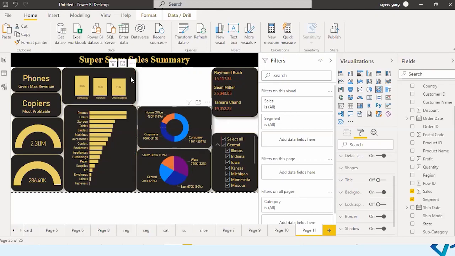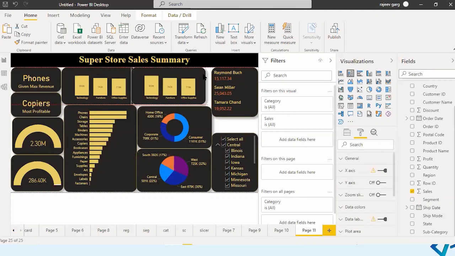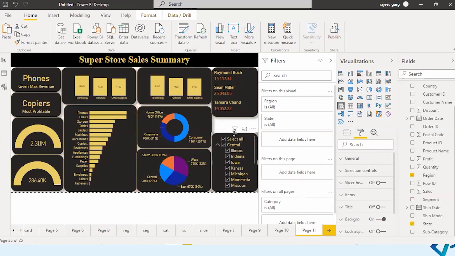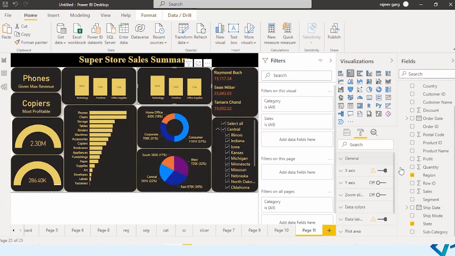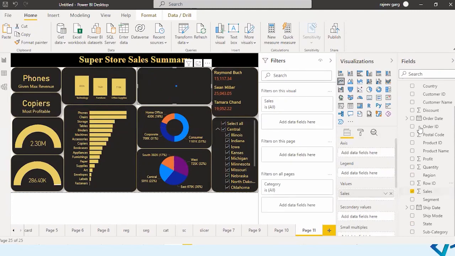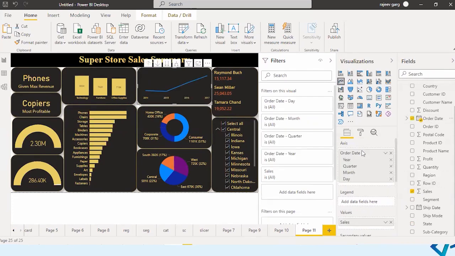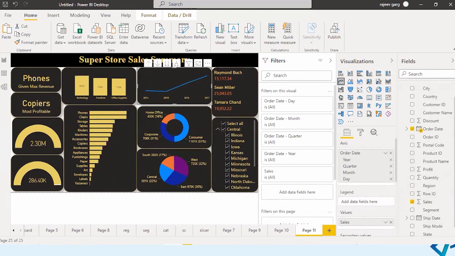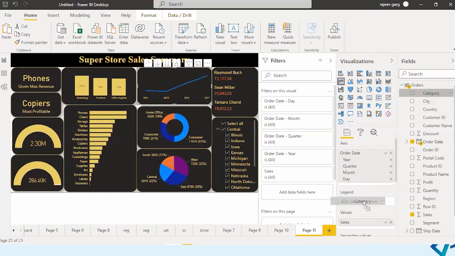And I would like to take one more visual over here. Let's put it like this. Let me increase the size of this. And this I would like to display as a line chart, where in place of displaying the sales on the basis of category, I would like to display it on the basis of order date, and would like to bifurcate it on the basis of category.